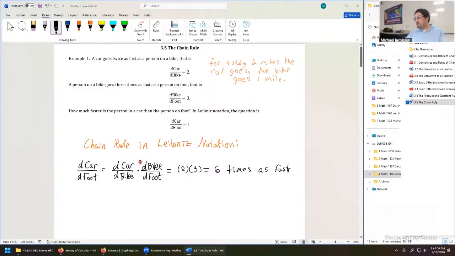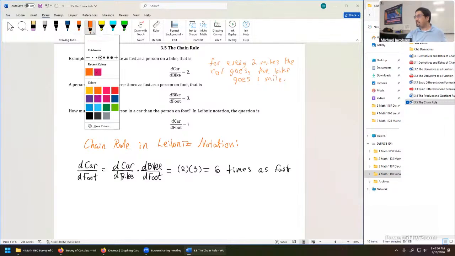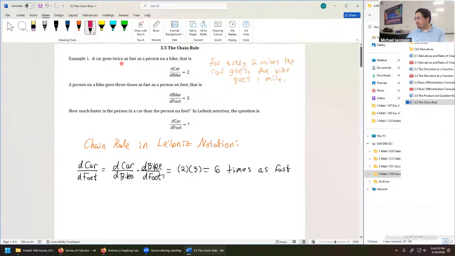But this is literally the chain rule. It's just written out in Leibniz notation. Notice it's kind of tempting to do the following. There's a nice little logic as far as Leibniz notation goes. If you thought of this as a fraction, that cancellation kind of makes sense in the land of fractions. But unfortunately, they're not fractions. We have to always remind ourselves that something like d car